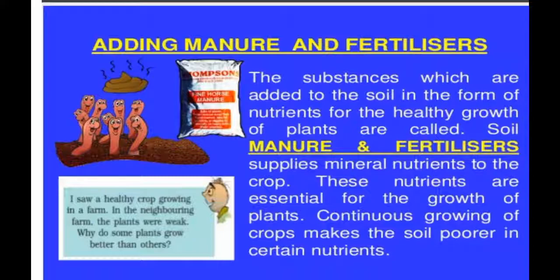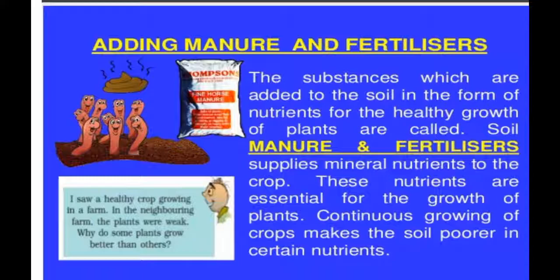Then the benefit of crop rotation is that, in a particular season between a rabi crop and a kharif crop, the field would remain without a crop, but by crop rotation you can utilize the field for leguminous plants between the rabi and kharif crop. Then the soil is not depleted of one particular type of nutrient, meaning only one nutrient will not be used up.